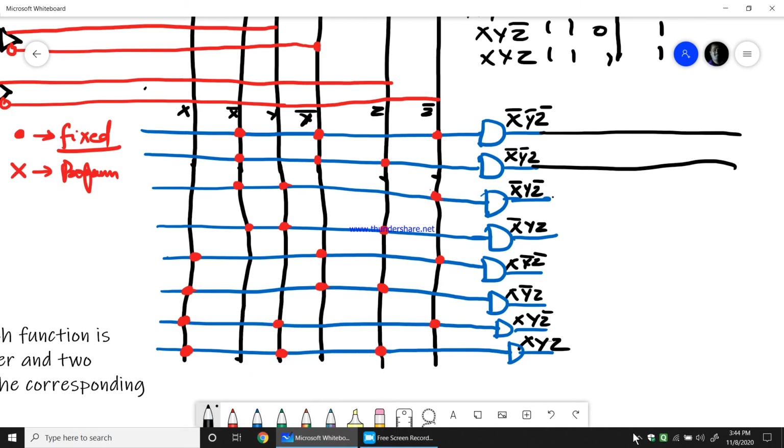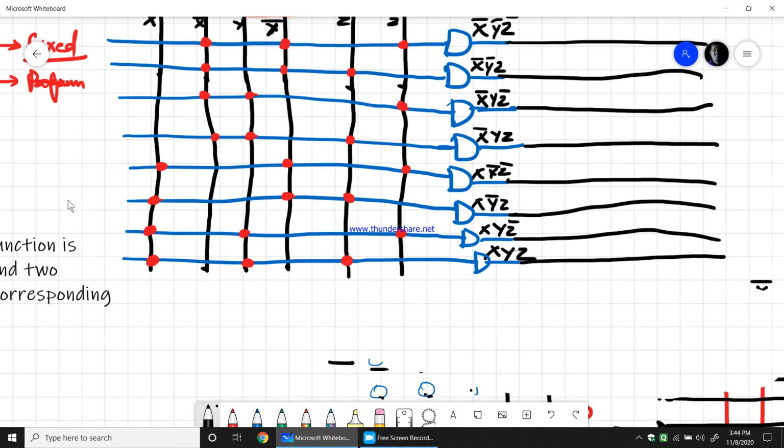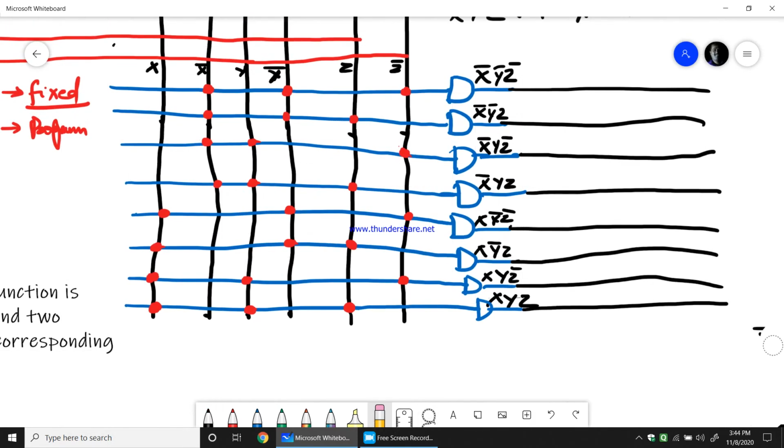Now we'll extend this for OR gates. The OR gate will be written vertically like this.